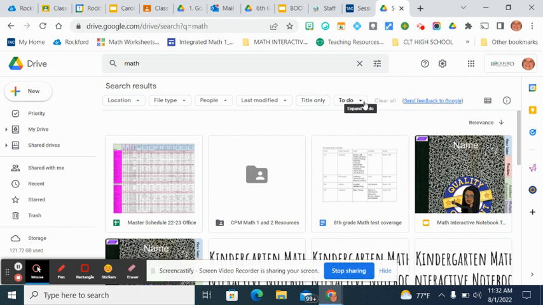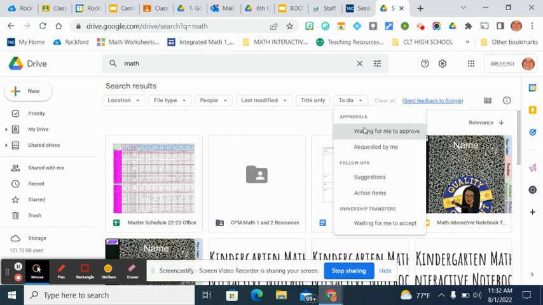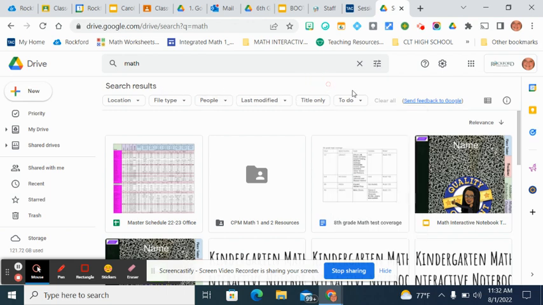And then you also have your to-do. So to-do is, do I have any approvals waiting for me? Do I have any requests being made to me to share a file? Do I have any action items like comments outstanding, or things like that? Do I have any ownership transfers to me? So there's all different aspects up to the search function in the Google